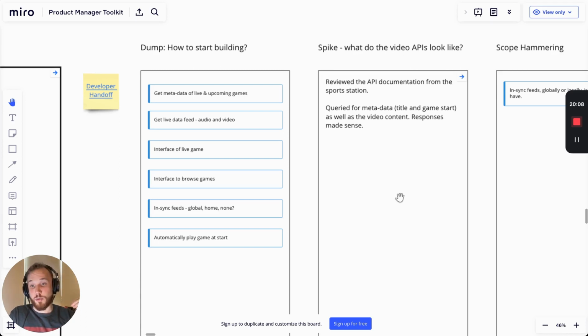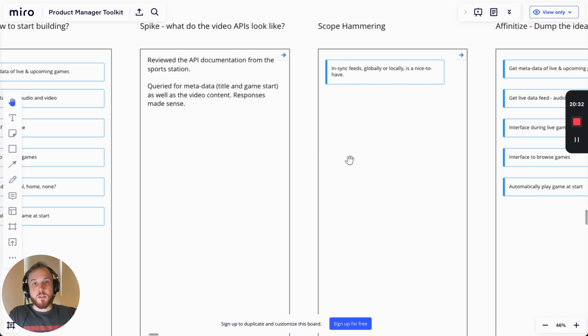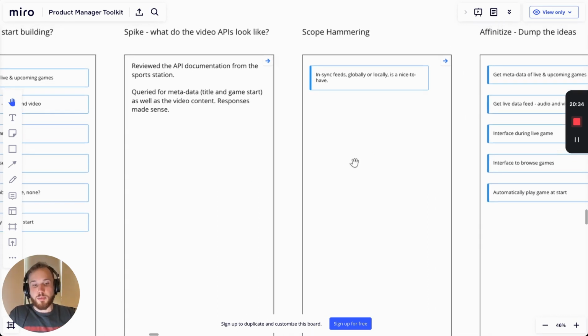I did a research spike in a time boxed amount of time to review those API documentations and query for the metadata like the title and game start to see what the results were. And the responses made sense to me. So then I was ready to move on. And the next problem that came to my head was with those feeds being out of sync within a home. And what happens during